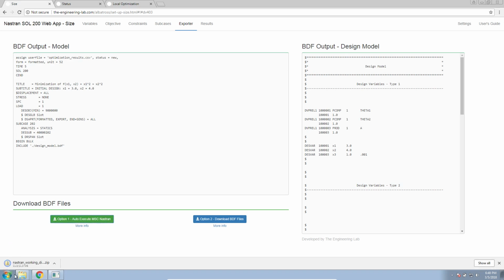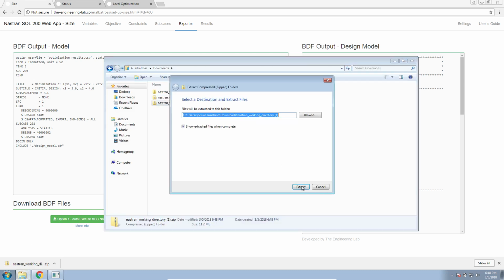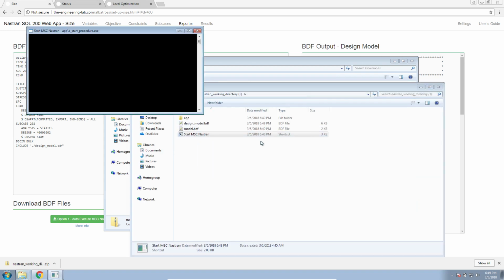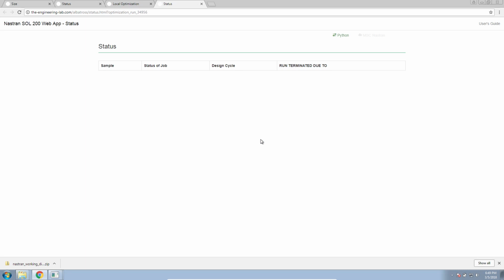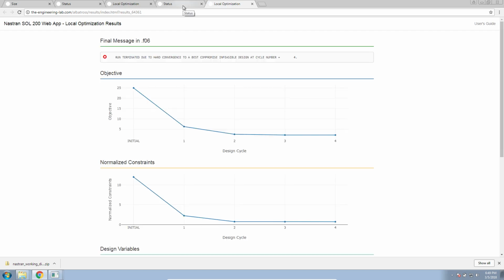So let's go ahead and download this new zip file. Let's go ahead and extract the contents, and we'll go ahead and perform the optimization like before. Remember, this message, best compromise in feasible design, appears in the F06 file. When you use the zip method to run Nastran, you'll get messages of your optimization. Here we have a red message saying run terminated due to hard convergence to a best compromise in feasible design